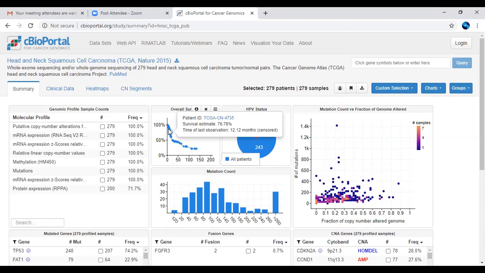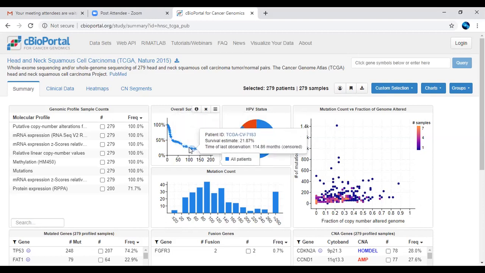The time of last observation is 12.12 months. Likewise, you can get all the patient information, 279 different patient IDs, from this survival plot. This plot shows the estimated survival with respect to patient ID and the number of months they have been studied.